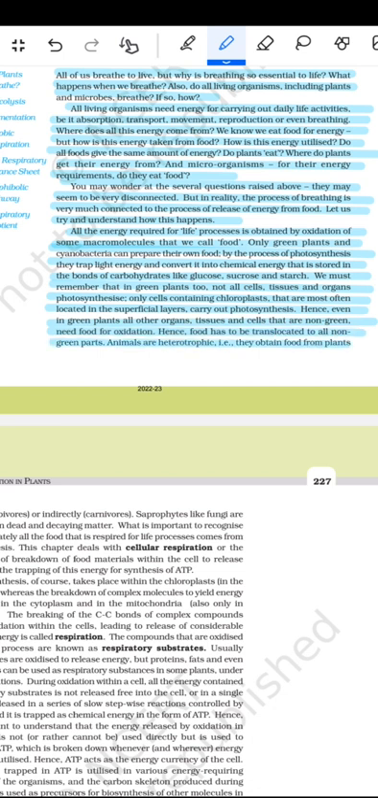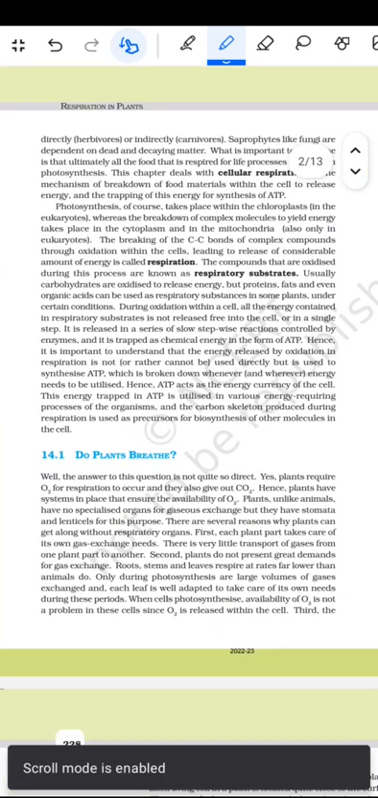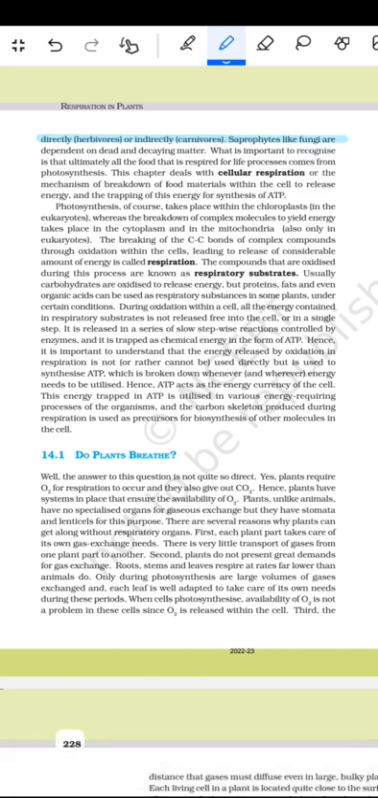Animals are the heterotrophic, that means they obtain food from the plants. Directly herbivores or the indirectly carnivore. Saprophytes like the fungi are dependent on the dead and the decaying matter. What is important to recognize is that ultimately all the food that is required for the life process comes from the photosynthesis. This chapter deals with the cell respiration or the mechanism of the breakdown of the food materials within